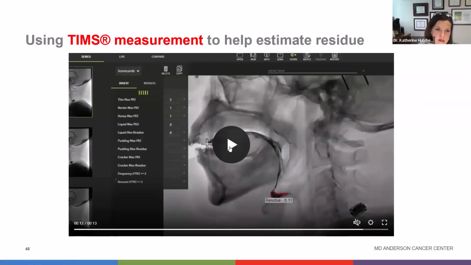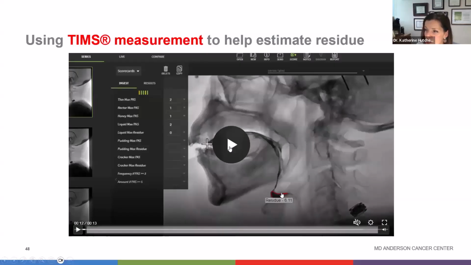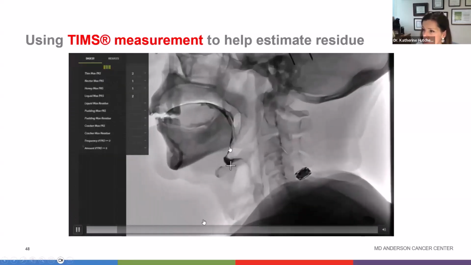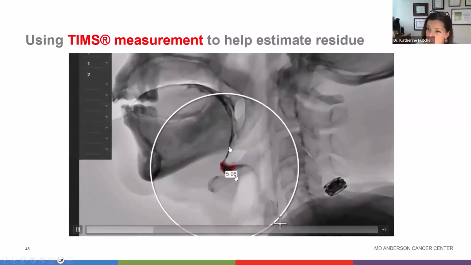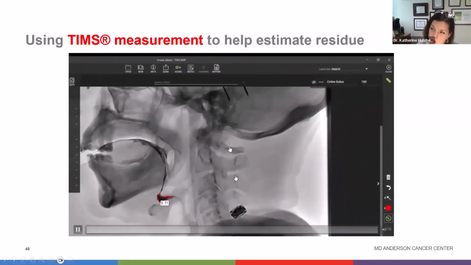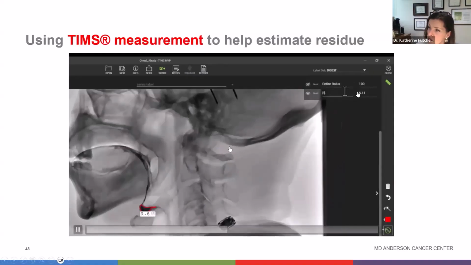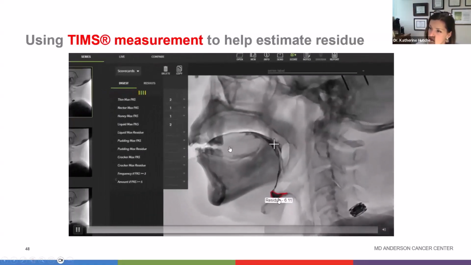What about the measurement system? Tim's measurement has really come a long way, and I'm super excited about a lot of the functionality in this space. I'm going to play this video here, which many have seen from their website or from demonstrations, that demonstrates how the lasso tool in their measurement software can be used to help you calculate residue estimations. So you can see here the residue in the vallecula. The user is pulling over this auto lasso tool, marking that as residue here,